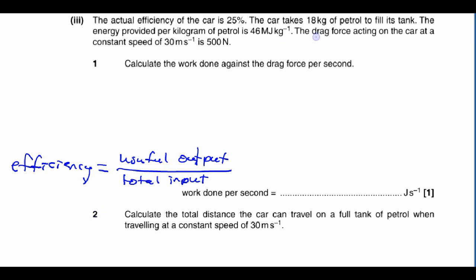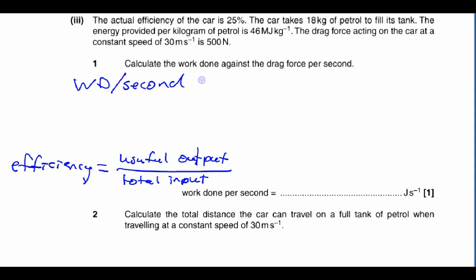You are also given the capacity of the tank and the energy that each kilogram of petrol provides. There's a constant resistive force of 500 newtons at the current speed of the car, which is 30 meters per second. In the first part, you need to calculate the work done against the drag force in 1 second,